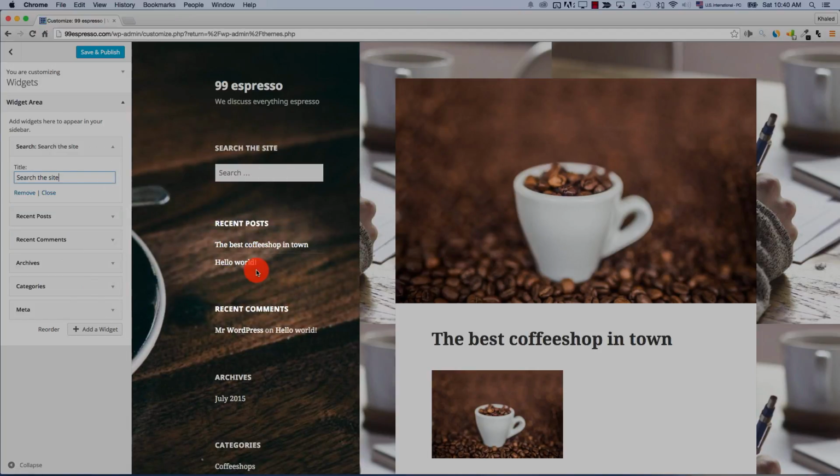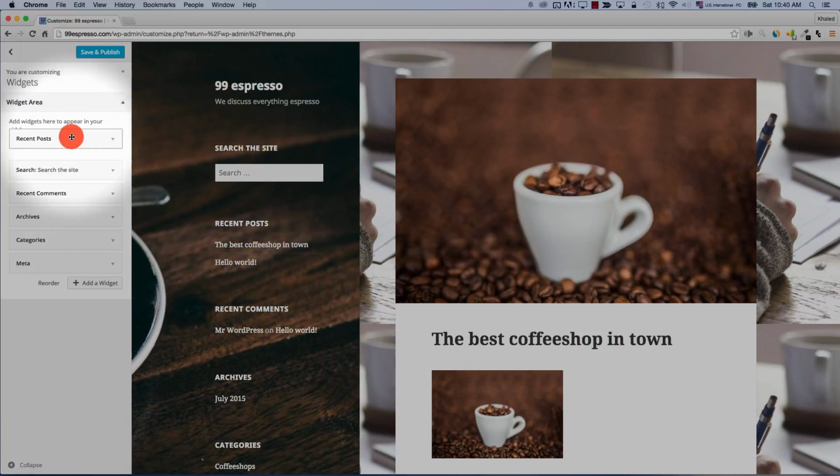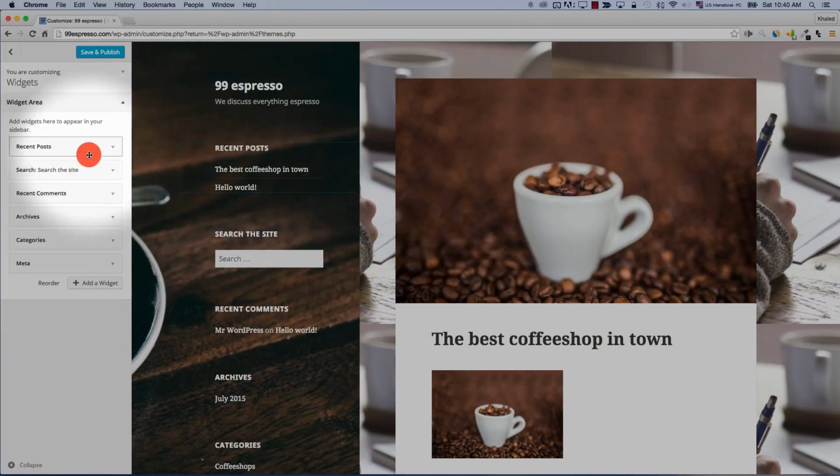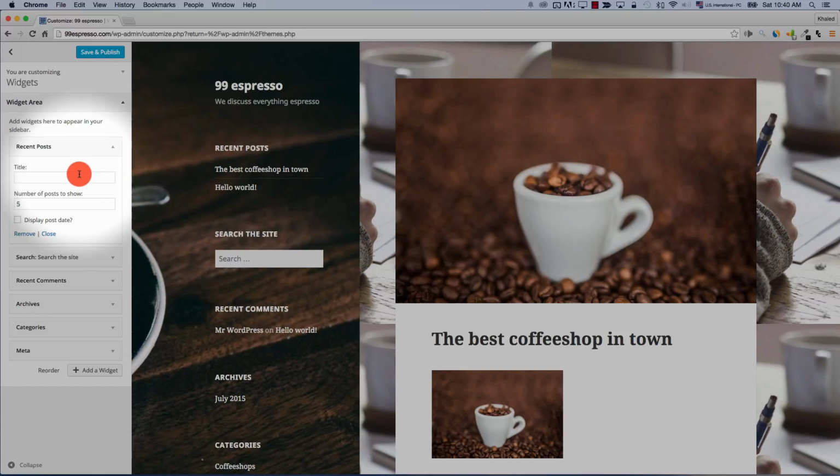It shows people the most recent posts. So I can simply drag it on top to show it first to people. So now I have recent posts on top, and let's check the options. Now you can change the title and how many recent posts to show, because I don't want to show people